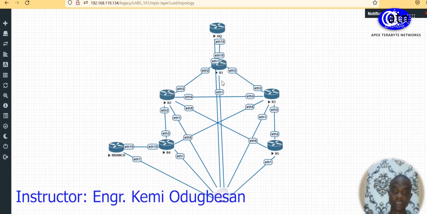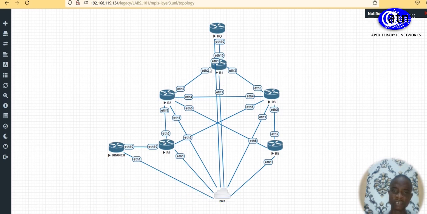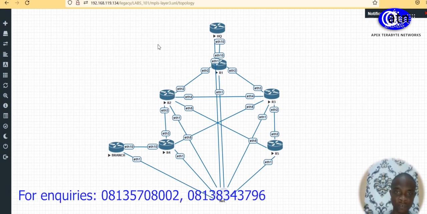in our core, we start from R1. Now, in this case, we are making use of a route reflector. From this simple diagram, since the HQ is connected to R1 and the branch is connected to R4, it makes sense that our R2 should be chosen as our route reflector, because in BGP, full mesh is not allowed. So for us to achieve that, we are making use of R2 as a route reflector. So let's start from our R1,